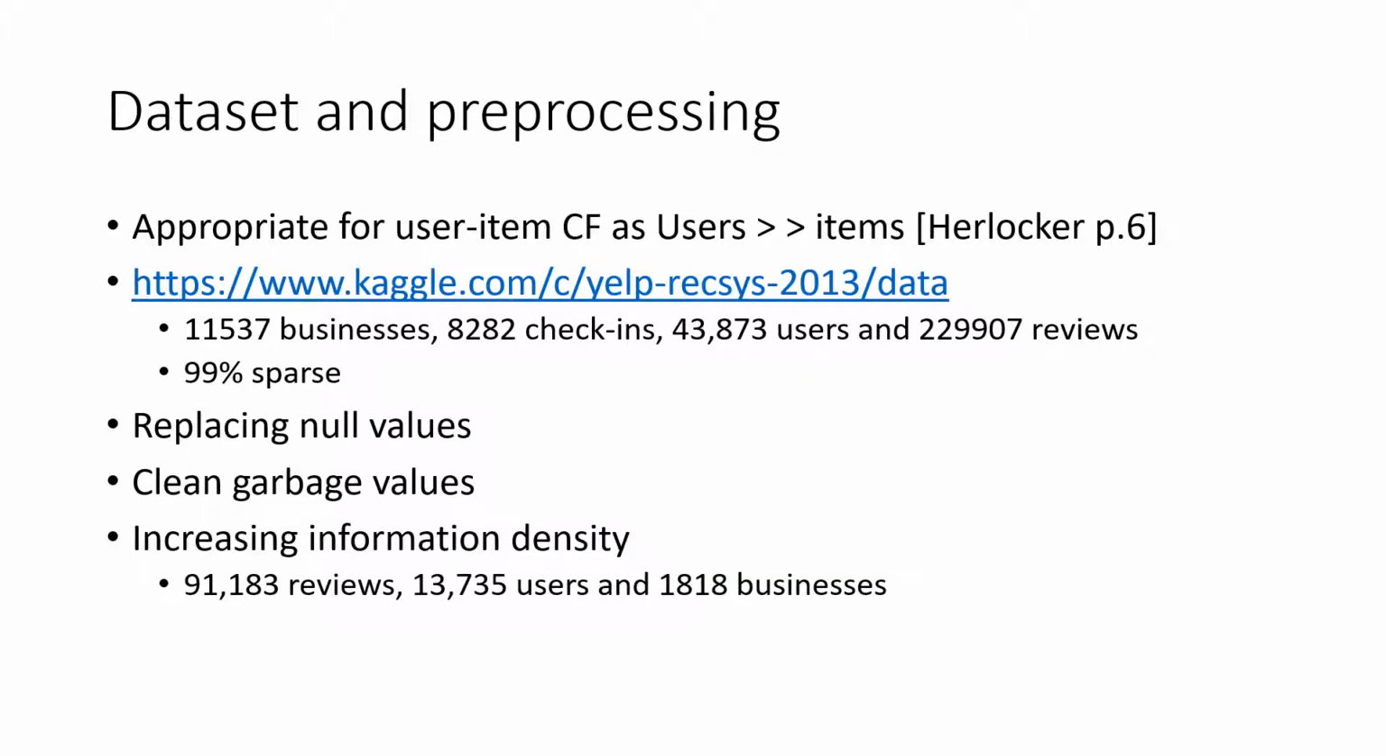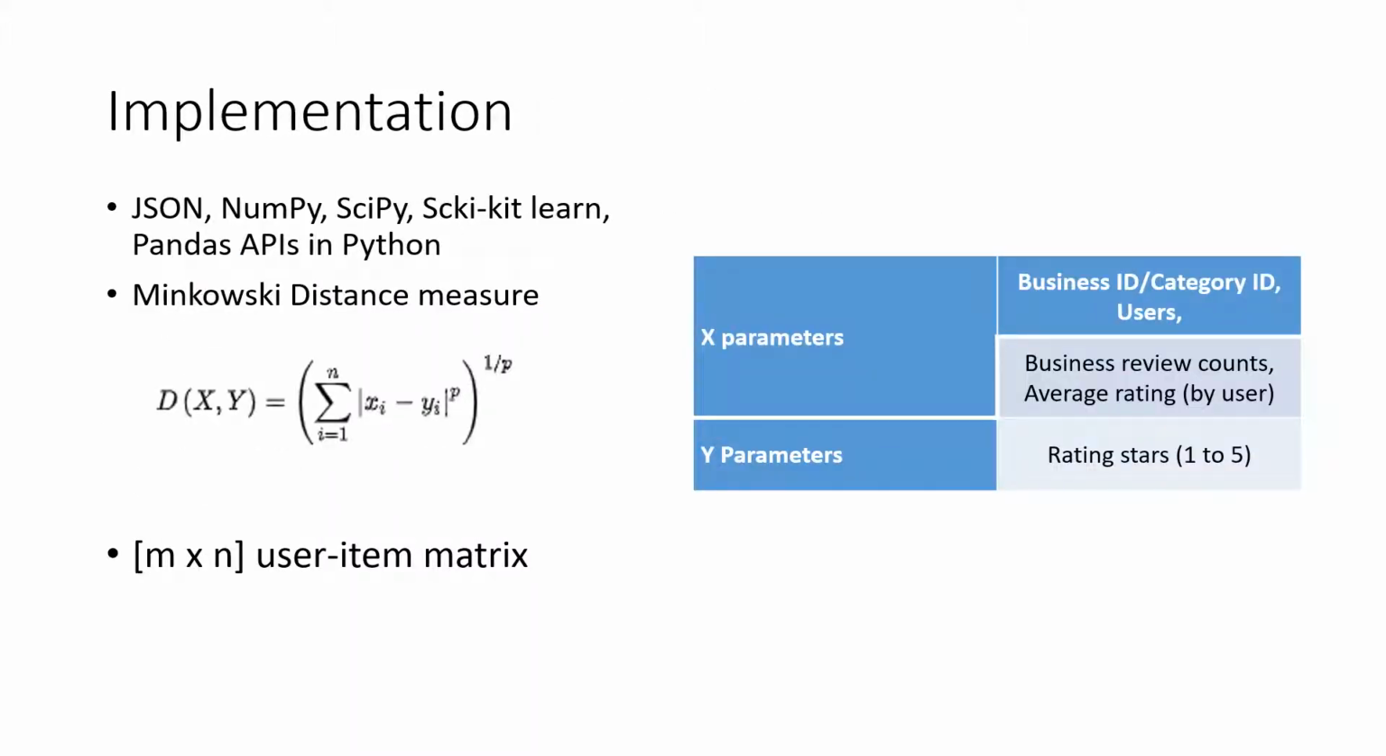So the data set is publicly available on Kaggle. It's appropriate for user item collaborative filtering, as users are much more than items. And a lot of pre-processing is involved. Increasing information density is done by applying popularity thresholds, as discussed in Maheshwari's book. The implementation used a lot of Python's libraries, and for pre-processing,